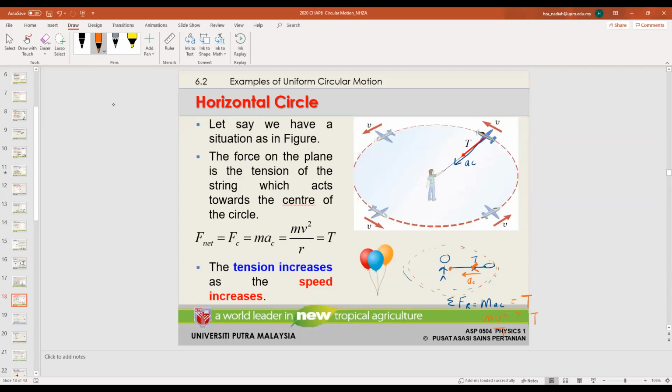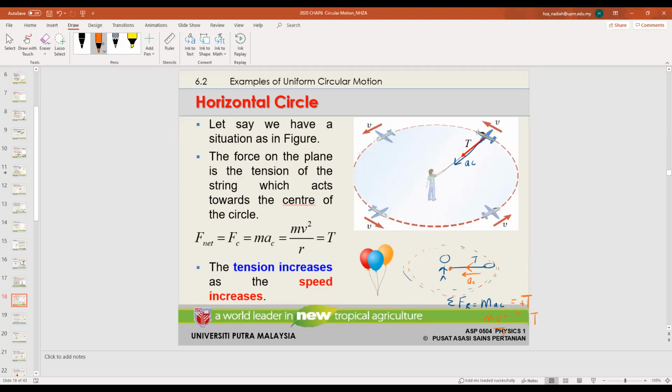Okay, kenapa saya tersilap T tadi? Sebab saya imagine daripada sini. So T is always pointing towards the center, right? Center of the string. So T is this way from the airplane. From the airplane, it's this way. From your side, it's this way. So we are talking about the airplane. Saya tersilap part tu. Okay, so T is this way. Tension always points towards the center of the string. Your T is pointing towards the center of the circular motion. AC is also pointing towards the center of the circular motion, which means that MAC is in the same direction as T, so T is positive, it's not negative. Okay, so mv squared over R is